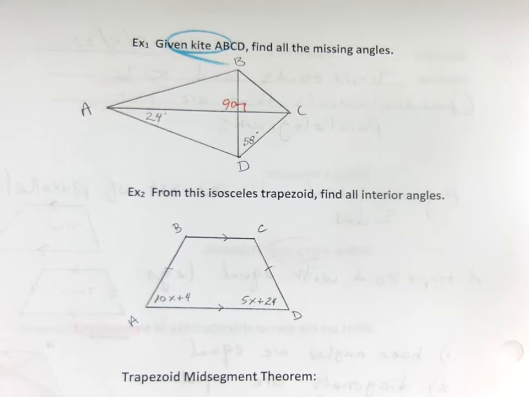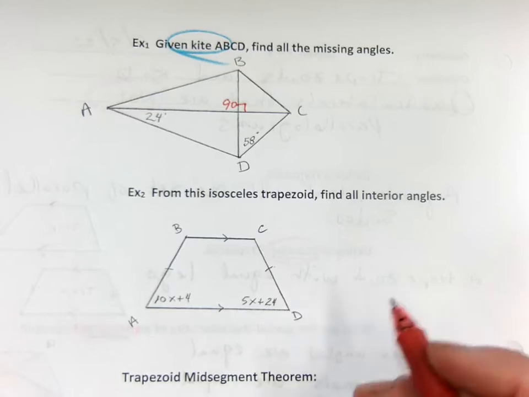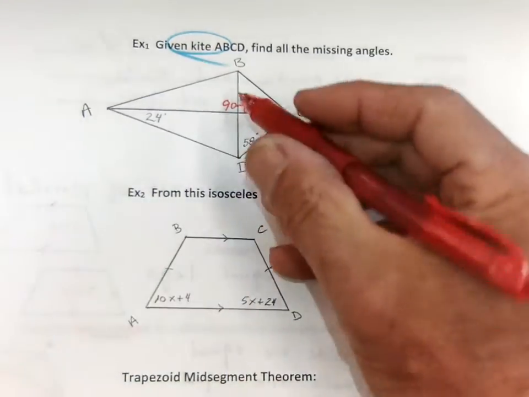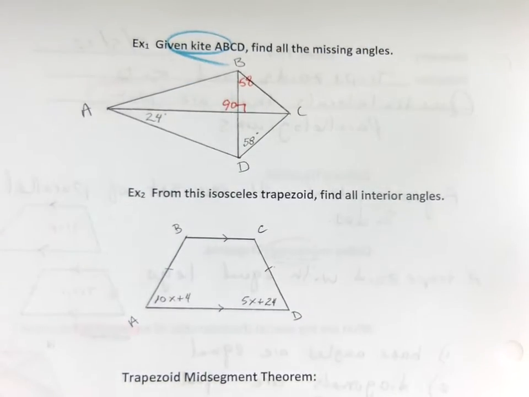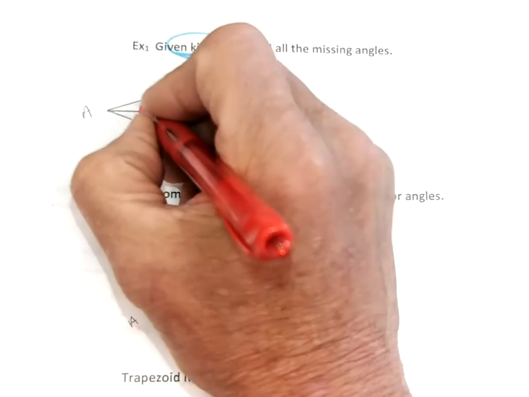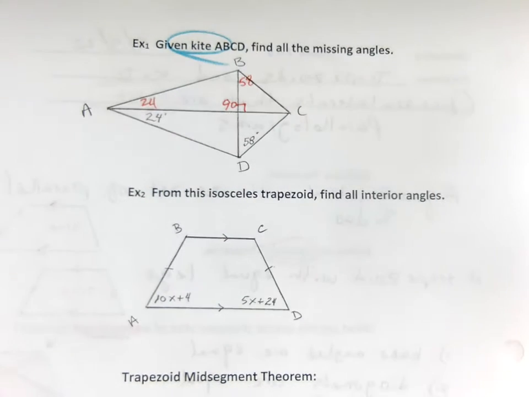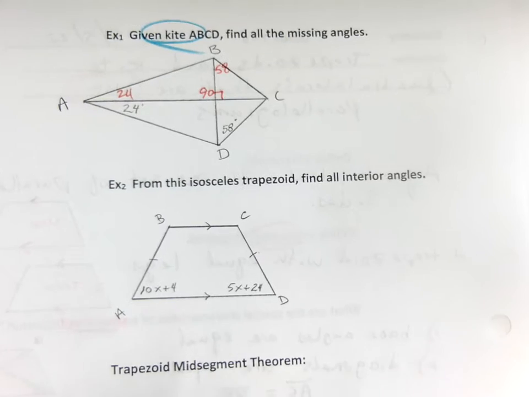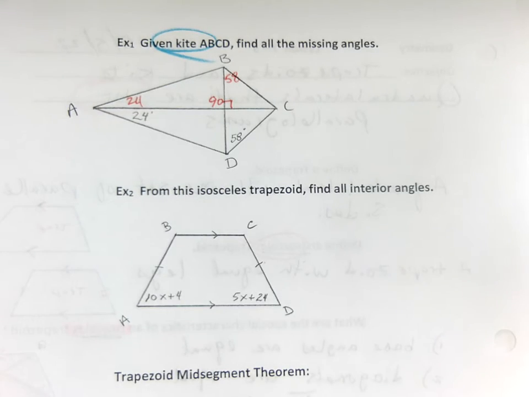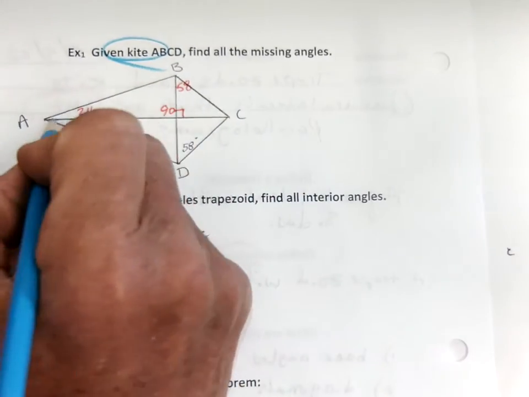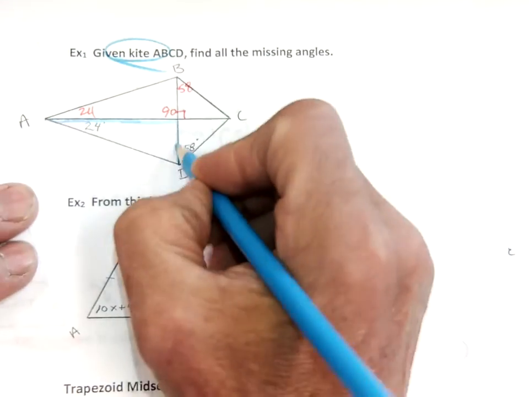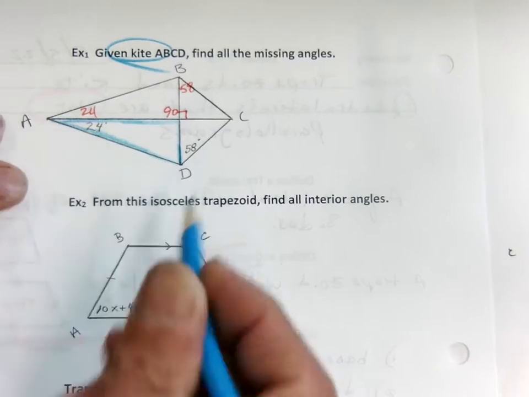Good. Now, do we know anything else? Okay, good. B and D are equal, right? So if this is 58, this is also 58 degrees right there. You also know that it bisects, so that's another 24. Awesome. I agree with that, Scott, totally, okay? Now, what about the rest? Well, how many degrees are in a triangle? 180, right? So if I highlight this blue triangle here,